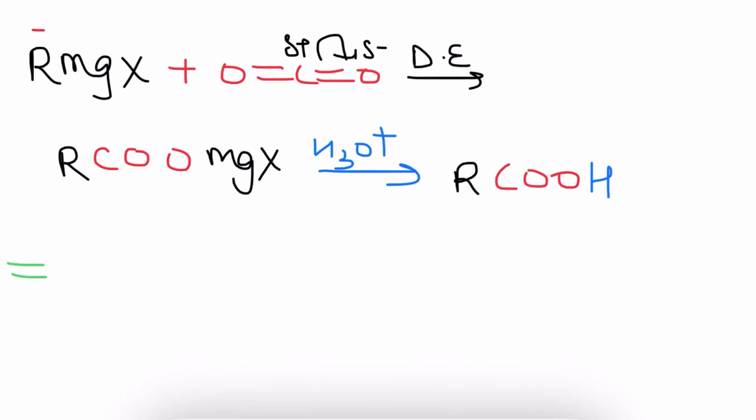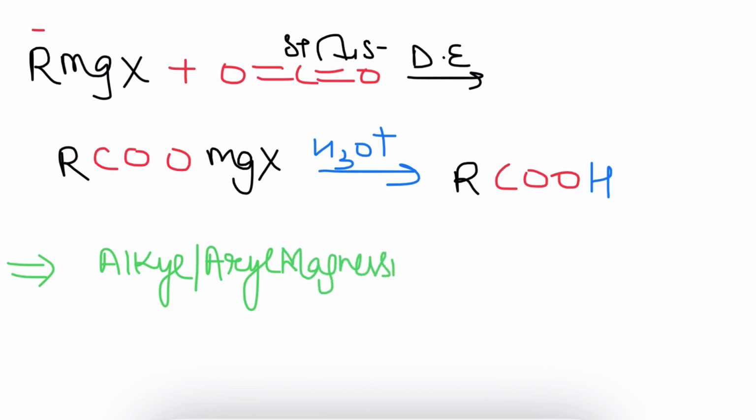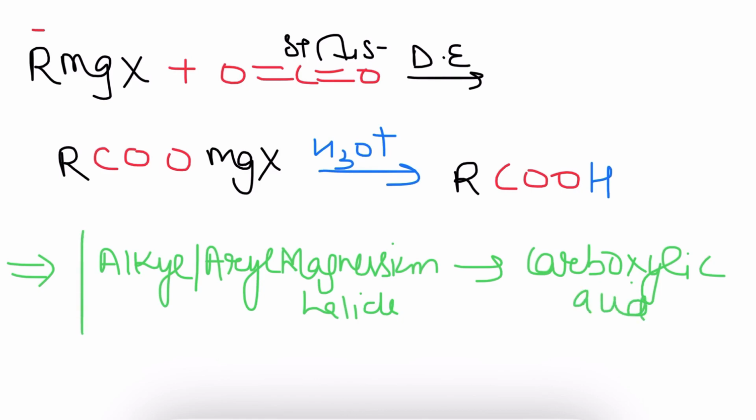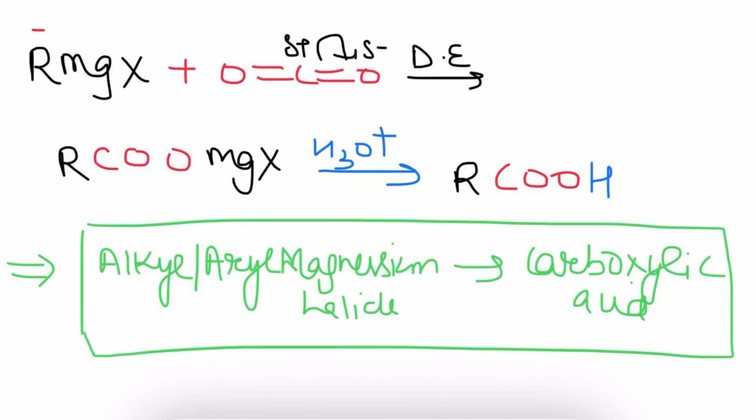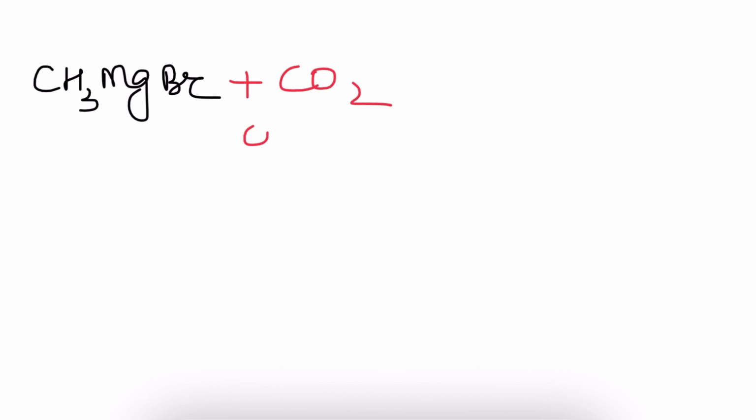So in order to convert alkyl or aryl magnesium halide into carboxylic acid, we use these steps. Let's understand addition of Grignard reagent to carbon dioxide with the help of a simple example. Here I am taking CH3MgBr. It reacts with carbon dioxide in the presence of ether, resulting in the formation of a reaction intermediate